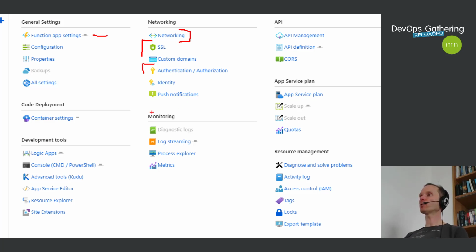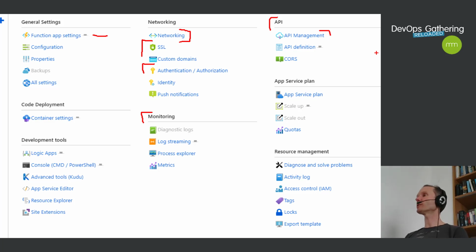Down here you see the monitoring section, so when you run your application you can use the built-in monitoring in Azure to gather logs, to take a look at log streaming. You can see every single invocation of your function. You can take a look where it came from, what was the originator, what did it do, did you have any unhandled exceptions and things like that. That's the monitoring section. If you implement a web API, you can specify Swagger documents, Open API specification documents that make these function apps more easy to consume for end customers.